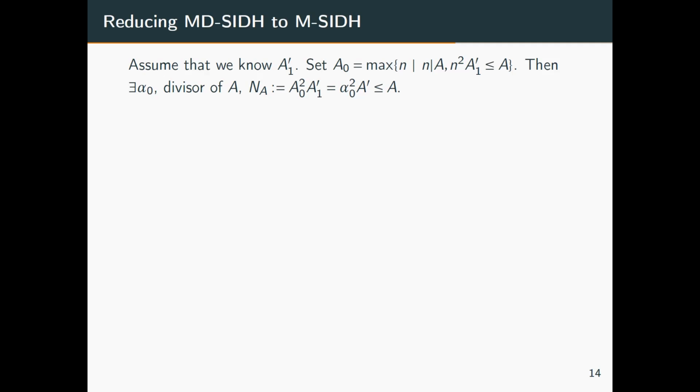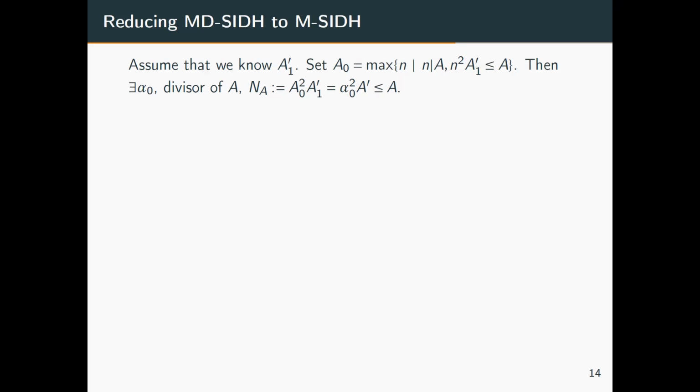In fact, you know that your degree A prime is A1 prime times some square part that you don't know. Let's say A0 prime. But you can complete this square part to get something which is very close to A. So you can multiply this by some alpha 0 square to get something which is smaller than A, but that you don't have anything further like. And this is what we will show, that you can efficiently recover this element. And this is in fact the